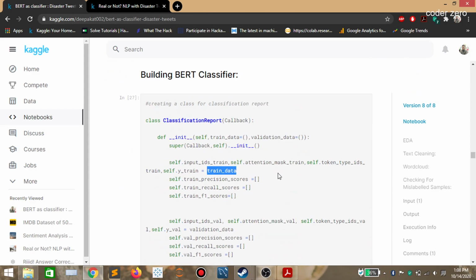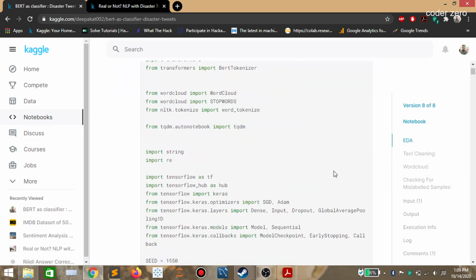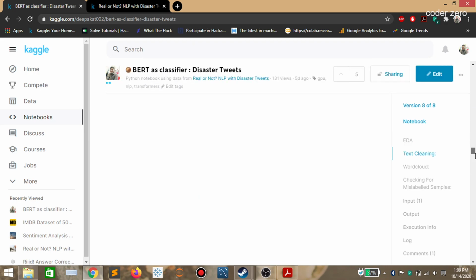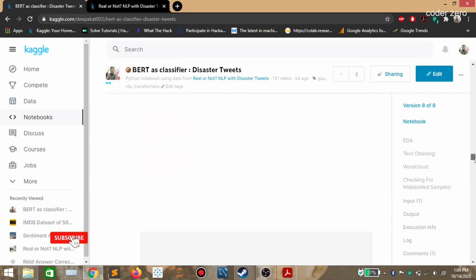After that, we are creating a callback function to get the precision score, recall score, and F1 score. So guys, callback functions are those where you can create a callback for your custom task. This callback function we have imported from TensorFlow: from tensorflow.keras.callbacks import Callback. So we are using that one. That is our super class, right?